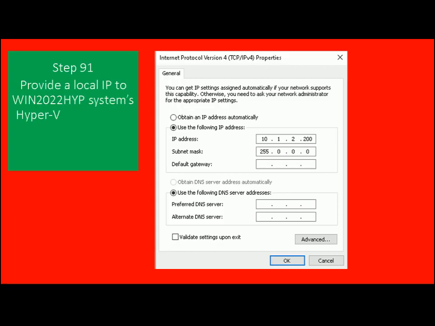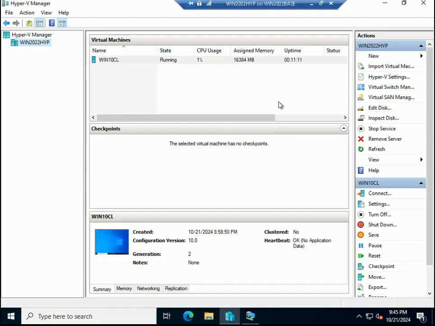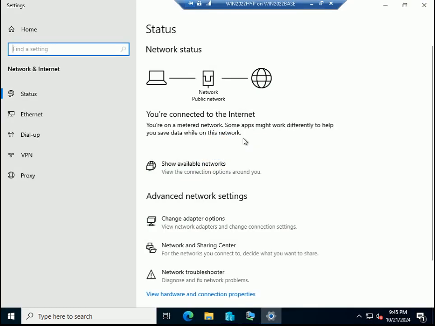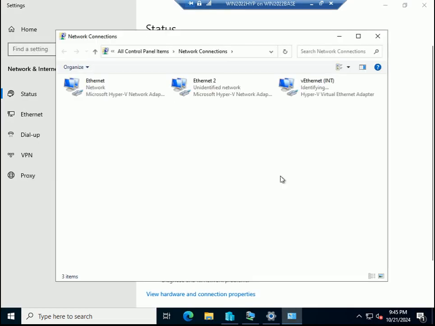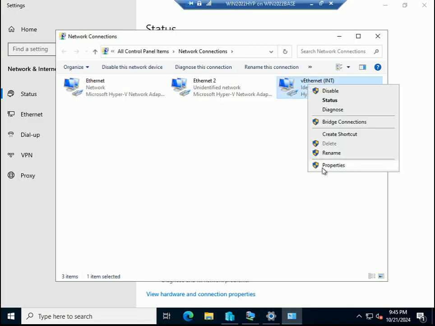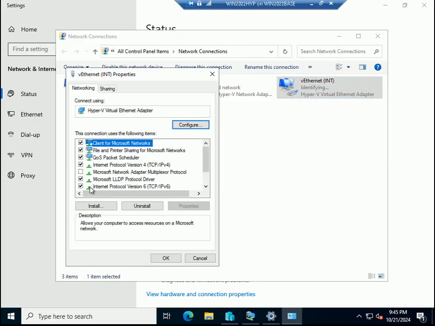Next step is to provide a local IP address to the Windows 2022 HYP system's Hyper-V internal network, as shown in the slide figure. So we have created this internal switch on Windows 2022 HYP. As I said earlier, it will create one virtual adapter over here. You can see the virtual adapter is created. Go to its properties, and I will